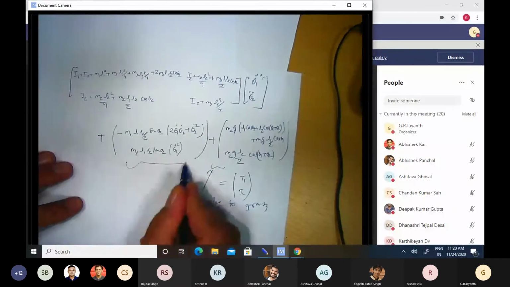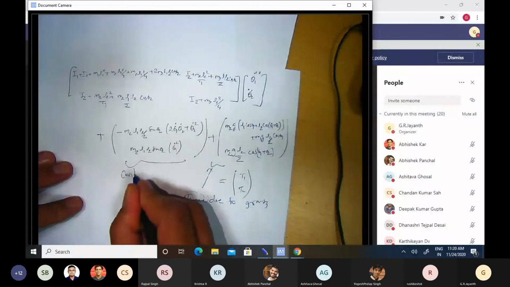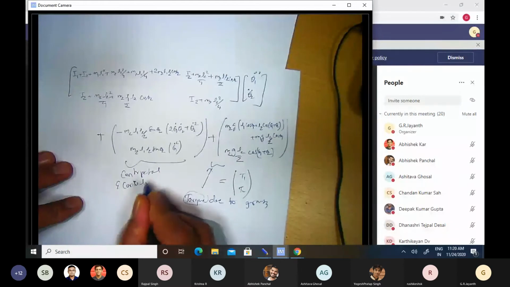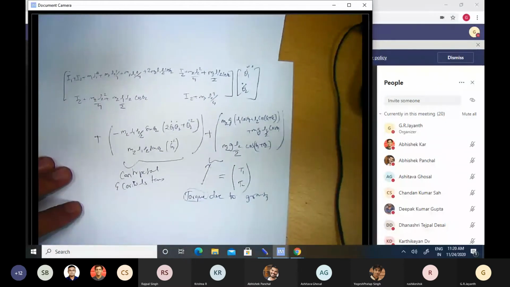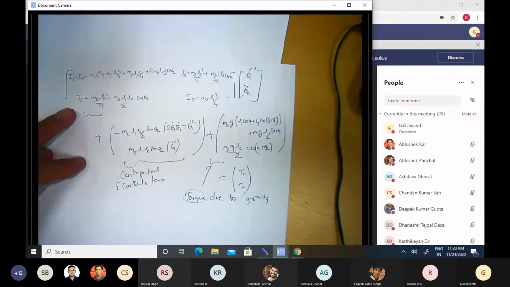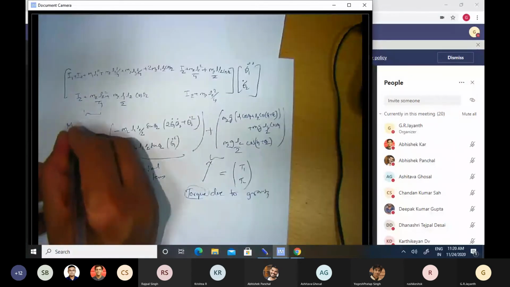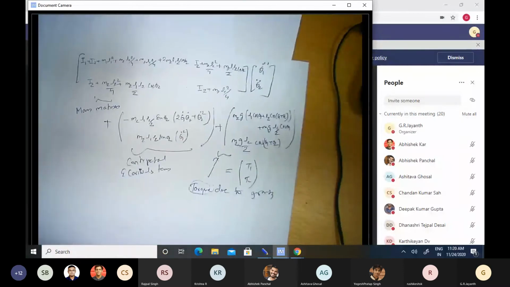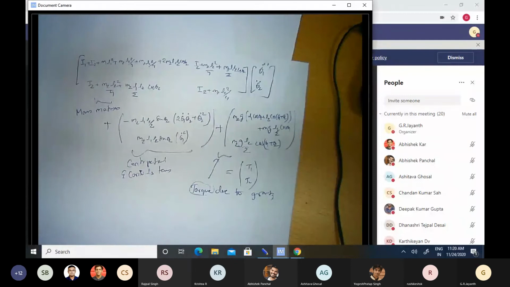Then this is the centripetal and Coriolis terms. And this is inertia. There's a name for this matrix. It's called a mass matrix. We will revisit them soon. Of course, we don't have too much time in today's class, but we will revisit them when we obtain the equations of motion for a more general n-link manipulator. Any questions so far?